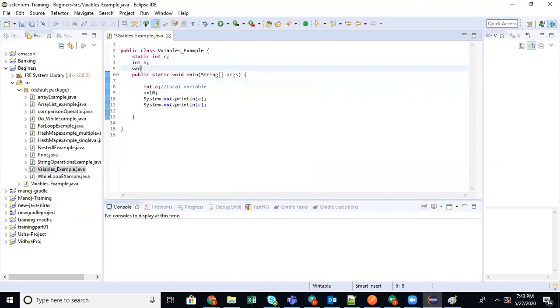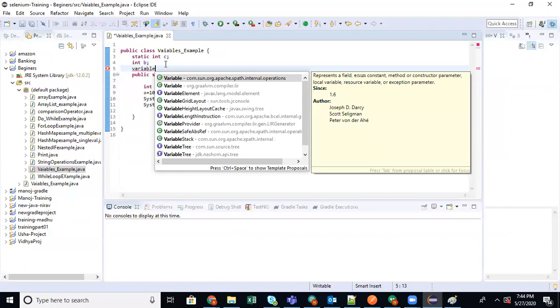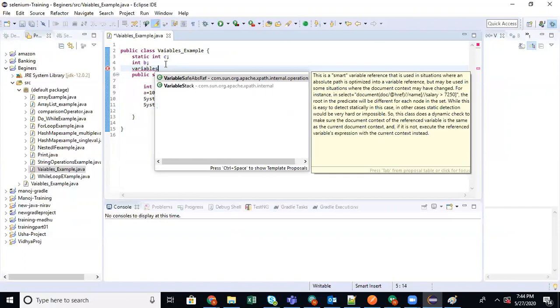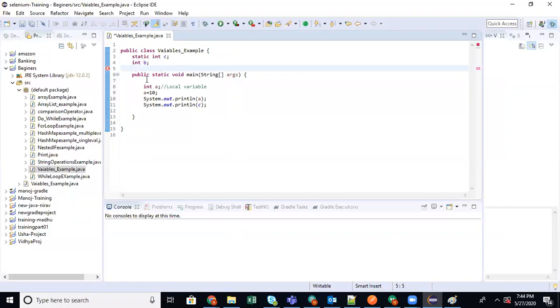Here also you will be allowed to create an object. Okay. Variables, examples. So class name, object name, I'm just giving as obj equal to new class name, open bracket, close bracket.